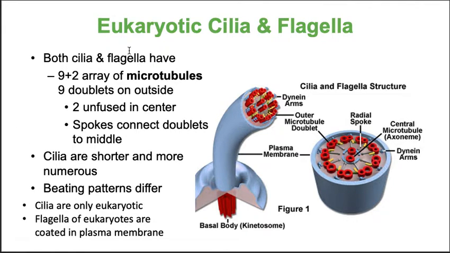And I want to point out that this is eukaryotes. Some bacteria have flagella, but it's not this kind, okay? This slide is talking about eukaryotes only. And then cilia are only found in eukaryotes, okay? Cilia are shorter, and you're going to have lots of them, and they're going to beat together in particular patterns